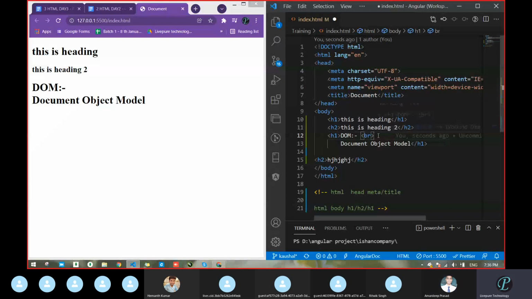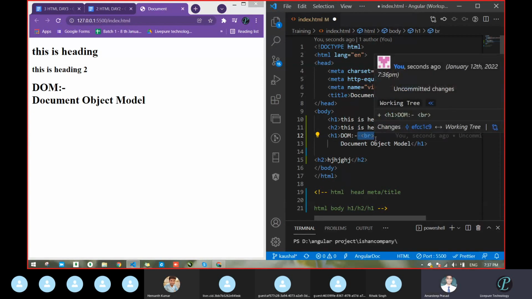But in the starting itself I had told some tags have no ending also. In the case of BR, you can see there is no slash. With the help of the slash, we can verify whether ending is there or not. So whenever there is a requirement of breaking the line and starting in the new line, you can go with BR. BR tag means break tag.